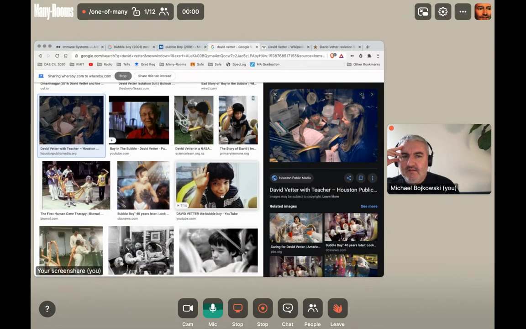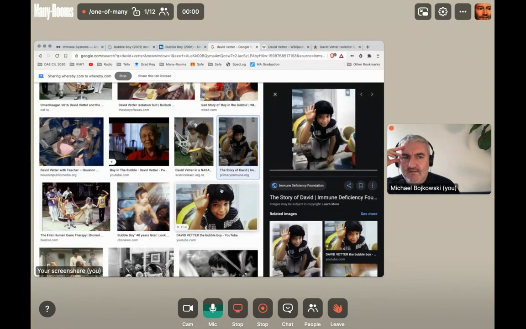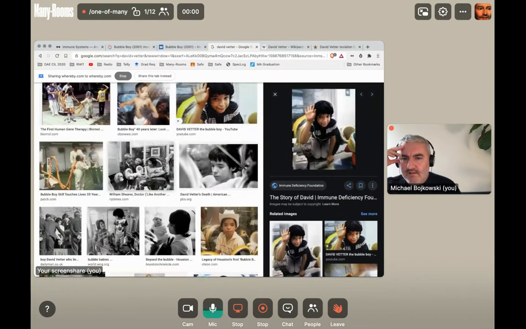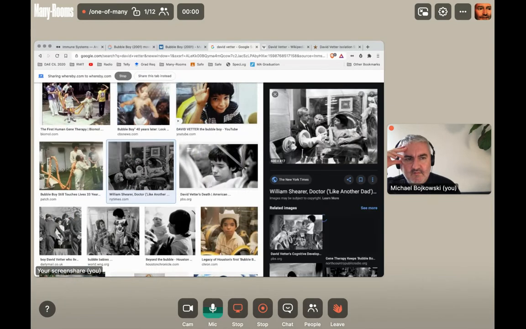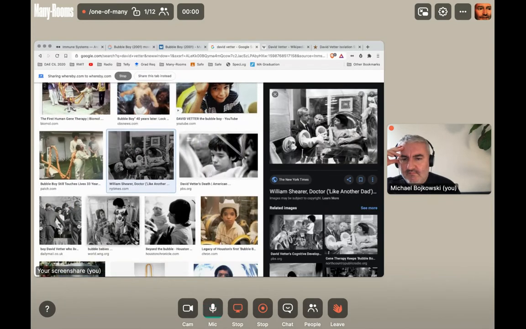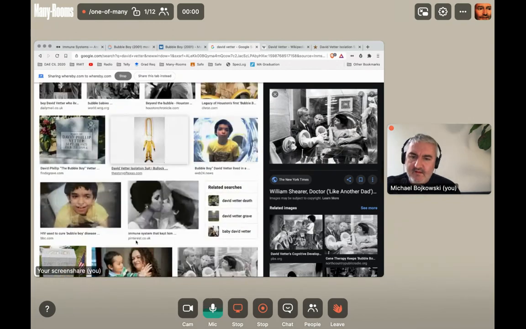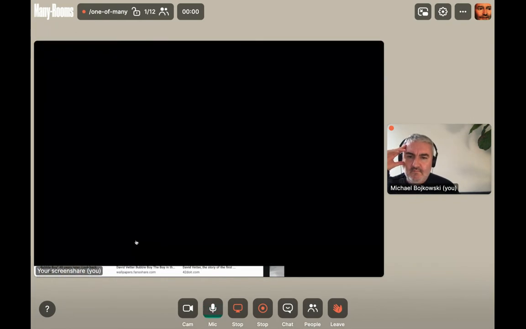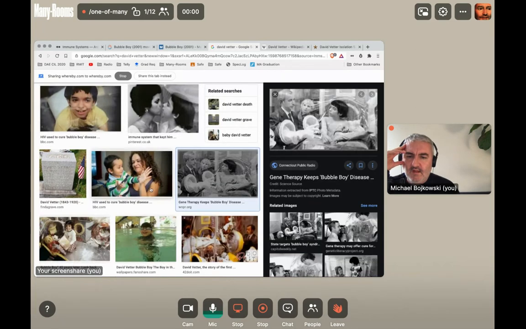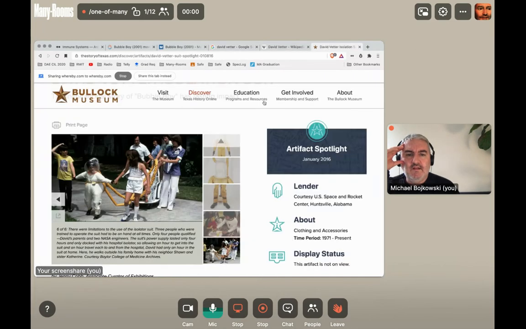The other thing is there's all this fuss about him not being able to come in contact with the outside world because of what might happen, and everything had to be sterilized. And there's a really good article actually, saying,